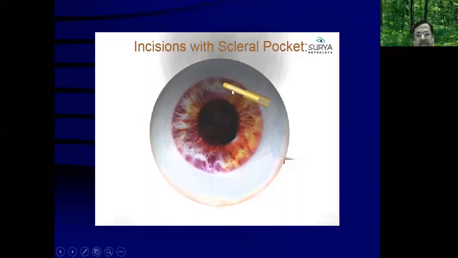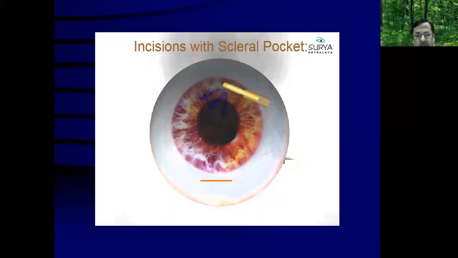Generally with the antechamber maintainer on, the pressure of the globe rises to 30 millimeters of mercury, and many people are not comfortable operating with such a high pressure. But this high pressure is in the antechamber, so it pushes the posterior capsule back, and you can comfortably work with the normal anatomical structure without the need for viscoelastics and without repeatedly injecting viscoelastics into the antechamber.